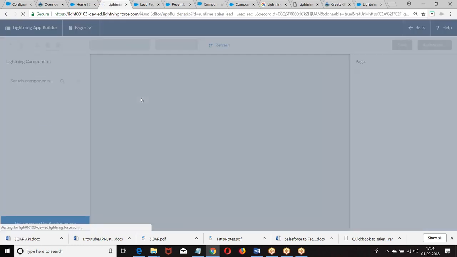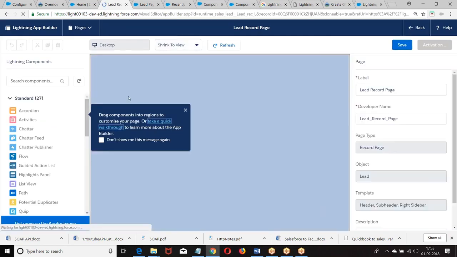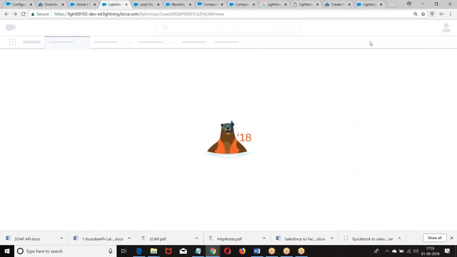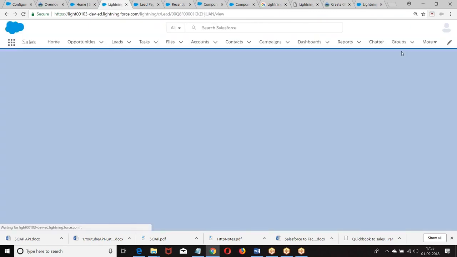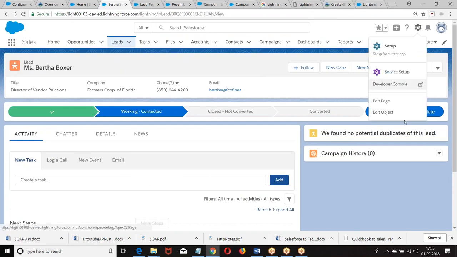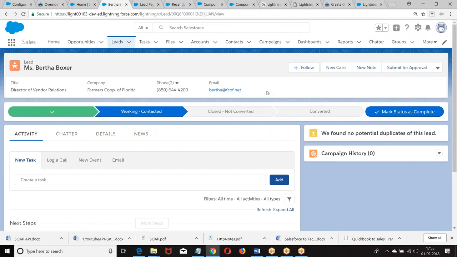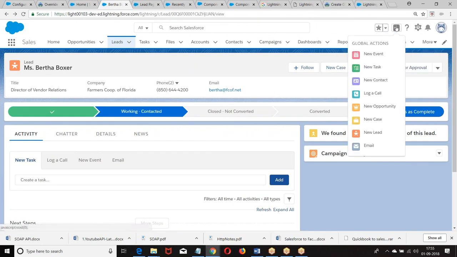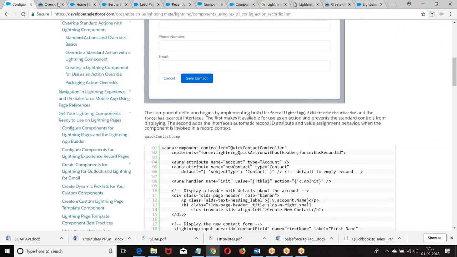Edit page. It was supposed to be added here. There is some bug from my end. Let me check what the bug is. Let me check it one more time.